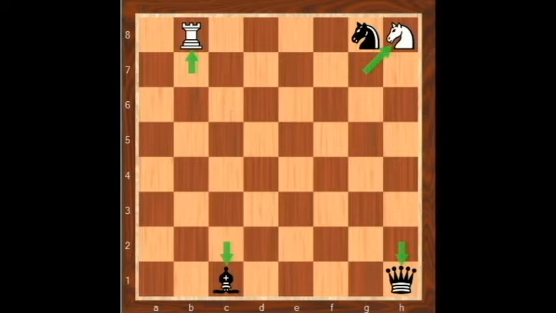Coming to the queen, it is the strongest, and next the rook is the strongest. After that you can choose either the bishop or the knight. Choosing either the bishop, knight or rook is called under promotion. We are not promoting it to the highest level. The highest level is queen.